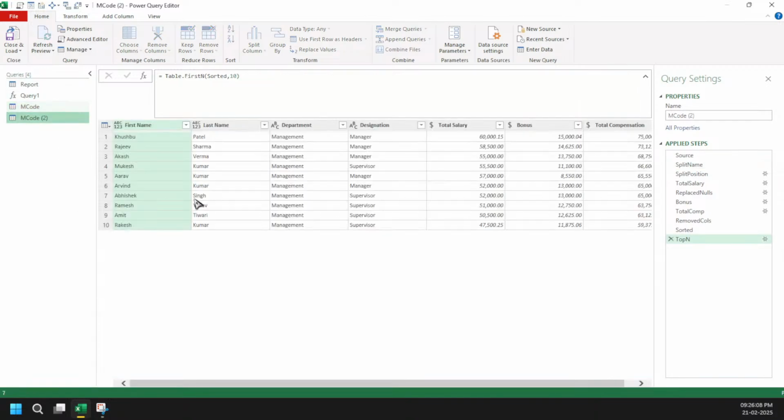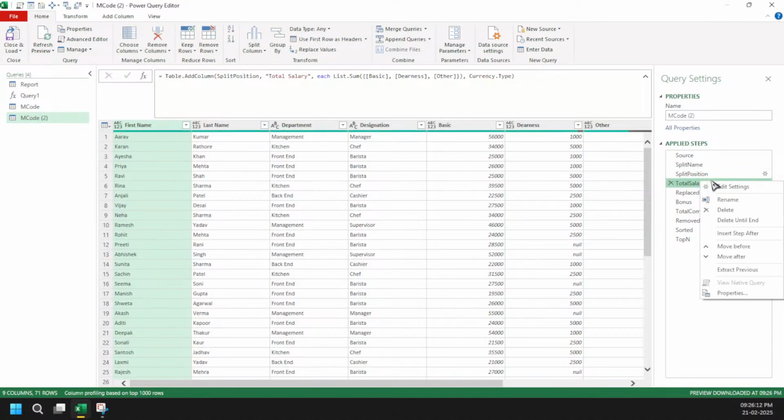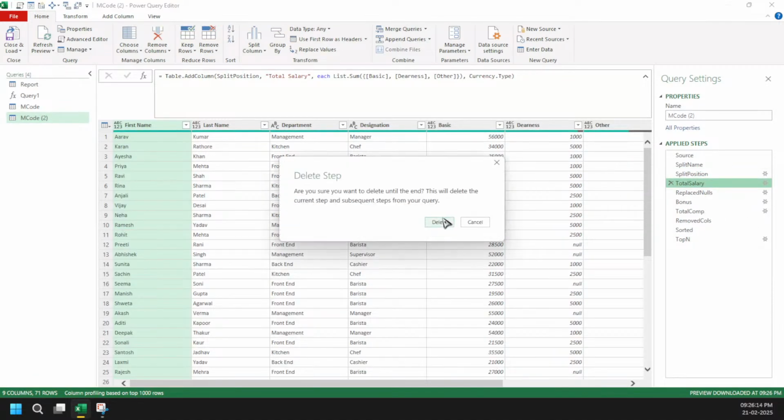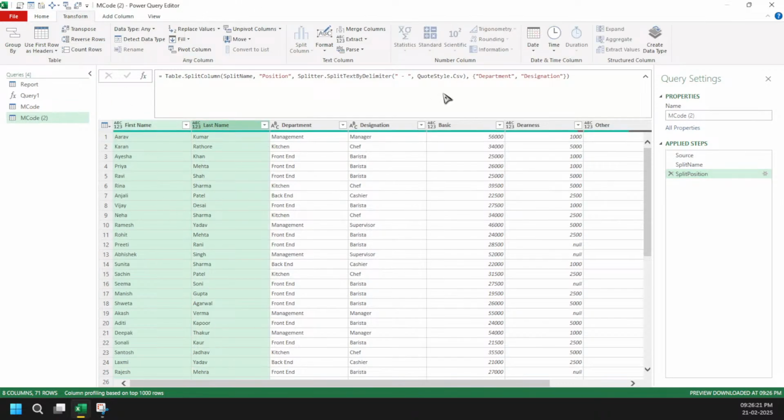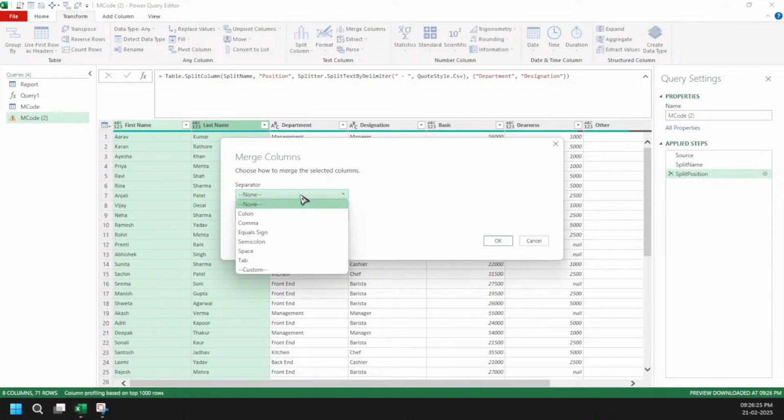So I'm going to duplicate this query again. I'm going to delete everything from here, delete until the end. And what I'm going to do here is, if I come here and go to transform and merge columns, you can see I just get a simple thing.